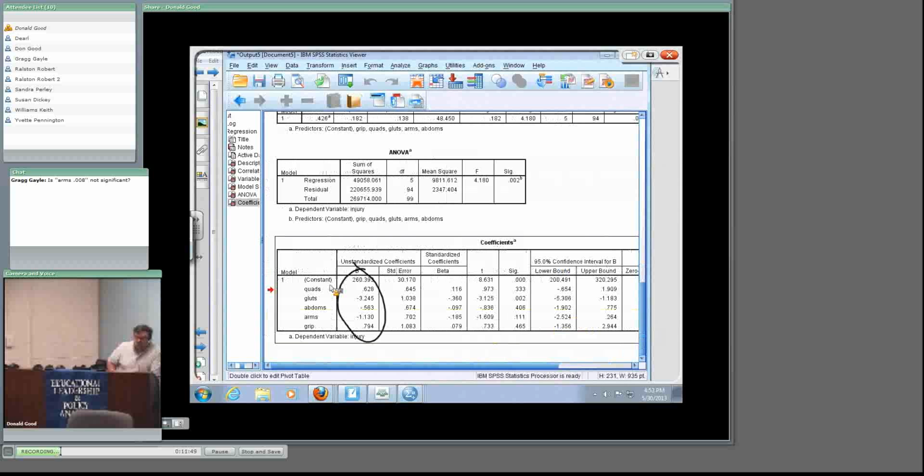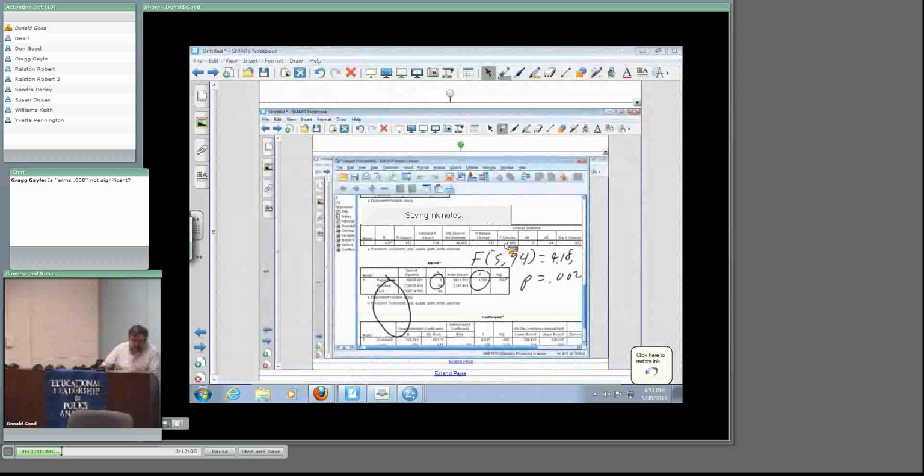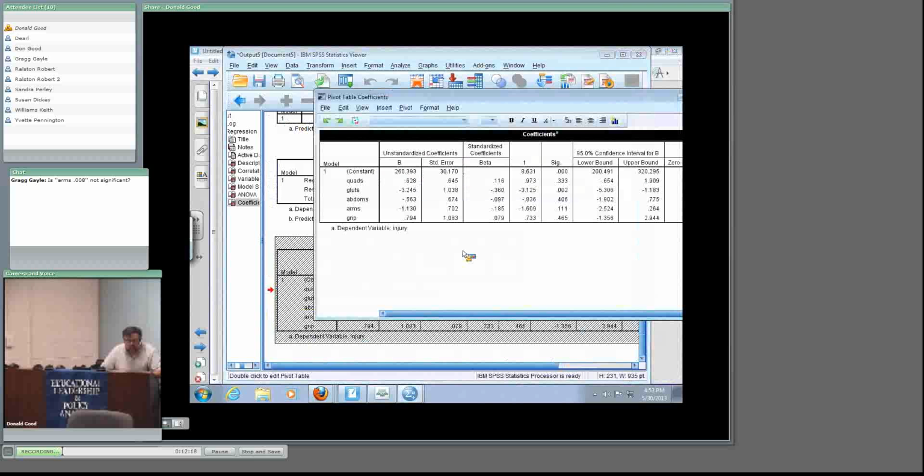And that tells me that, let's see if I can get this on the screen or not. I don't know if I can. Okay. Never mind. We'll go back to here and do it. Okay. We're trying to predict injury index, right? So I'm going to say injury, and here's where I cannot write well with this. Let's see if I can do it this way. Ooh, this will let me. This is good. Injury